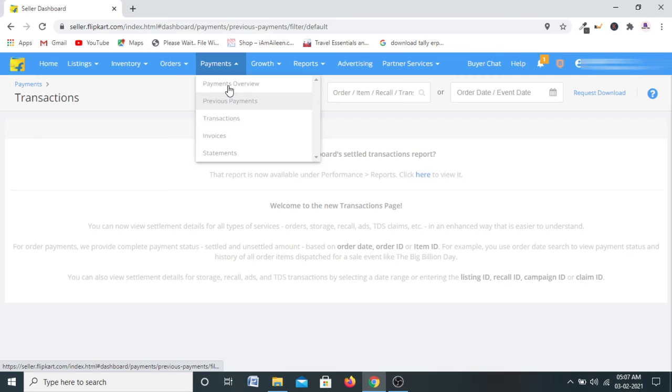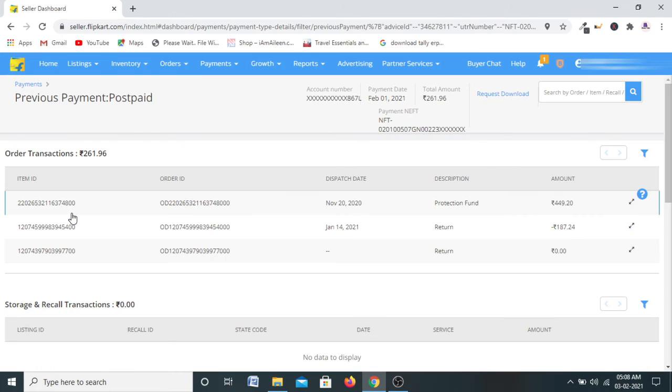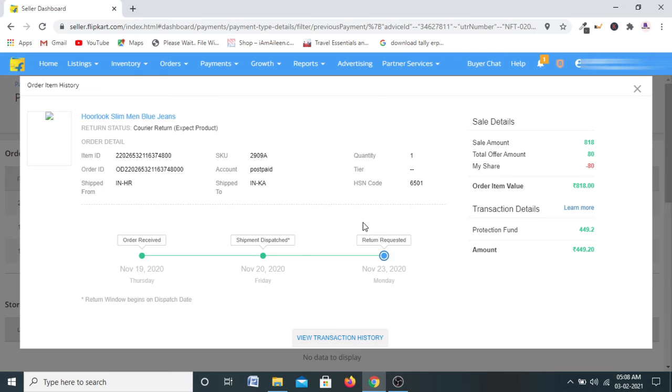Now we were talking about the transactions, all the detailed transactions. You can check out all the detailed transactions here, for example your item ID and order ID. If you want to check how much amount you received, click on this, and this is the order item summary.